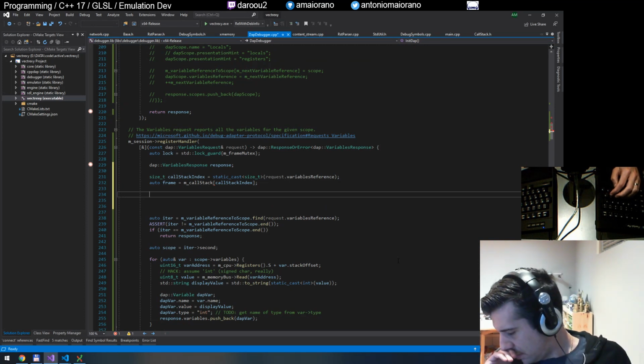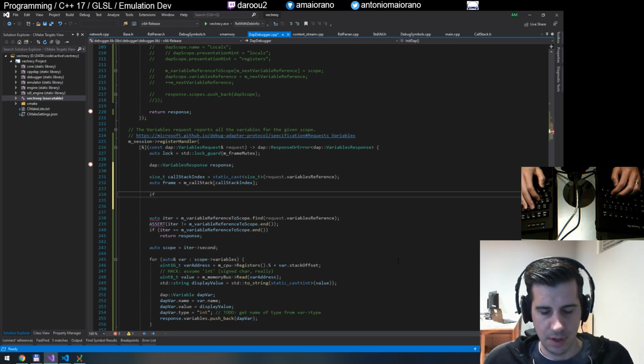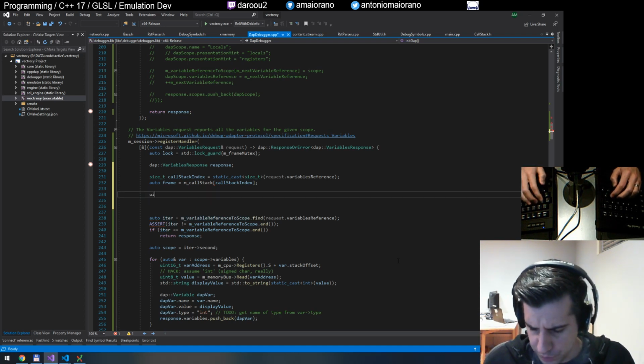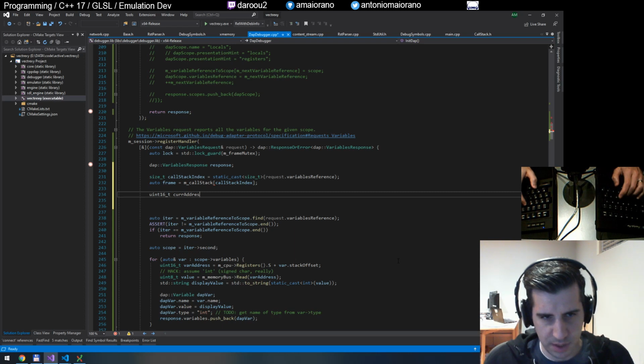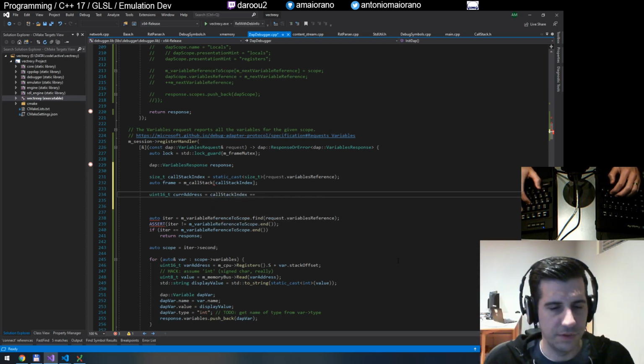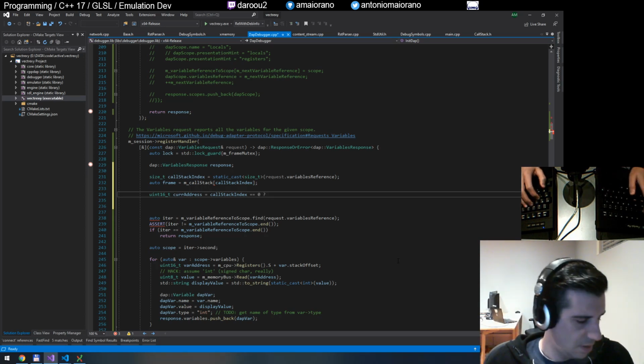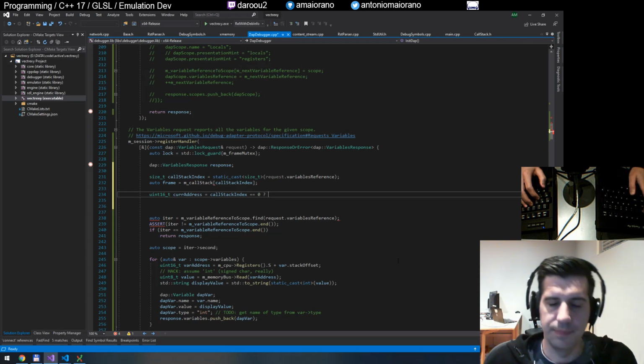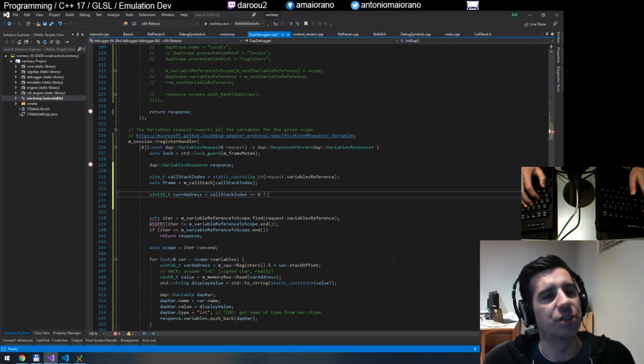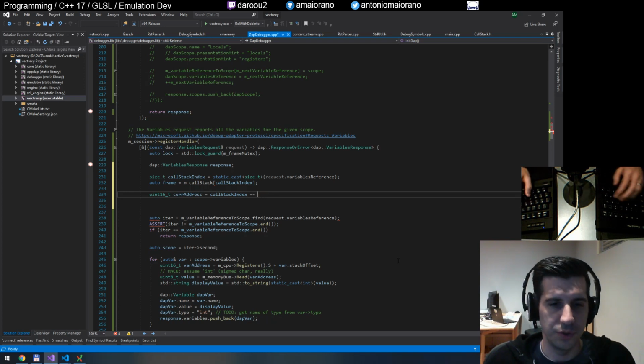Okay, so now we've got our call stack frame. So, all right, actually let's go like this. uint16_t cur address. Now, if our call stack index is like the top of the call stack, I don't even remember. I guess it's 0. Yeah. So if we're at the top, actually no. We push. So it's more like if we are equal to